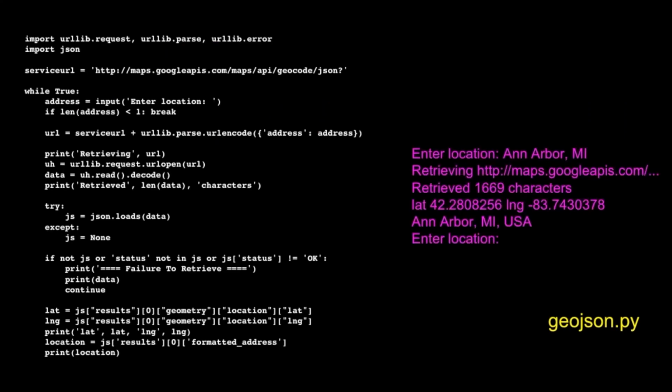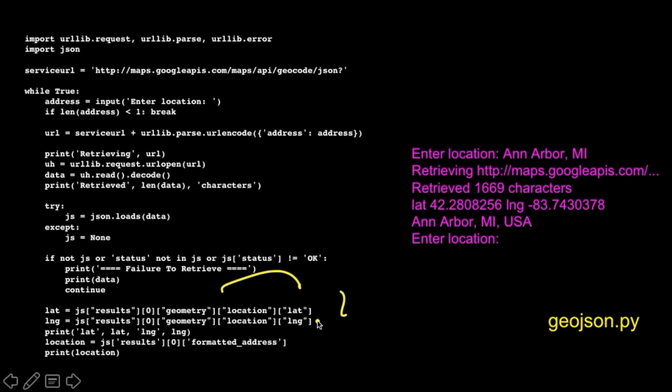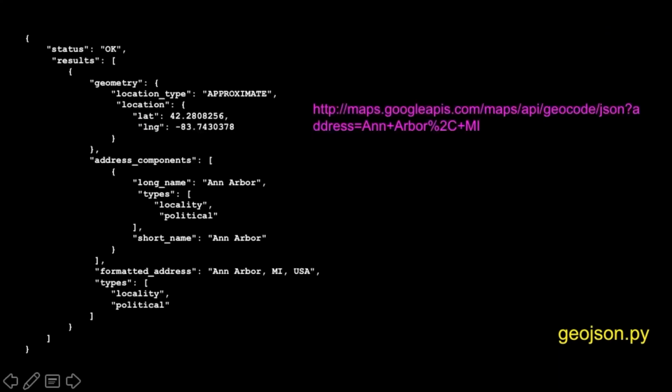True. And so you see it says sublocations. Yeah. So results at 0 in the list, at geometry in the dictionary, at location in the dictionary, at latitude in the dictionary. Lat's this, and that's what we printed out according to this right here. We print out lat this, then we'll do the same thing with longitude here. And then we're also going to say location equals JS, results at 0, formatted address. Okay, so let's keep going. Sublat. And so that is literally going to pull out of that complex structure.